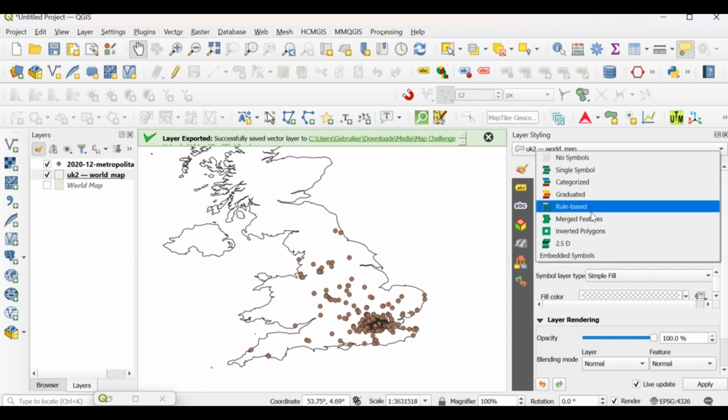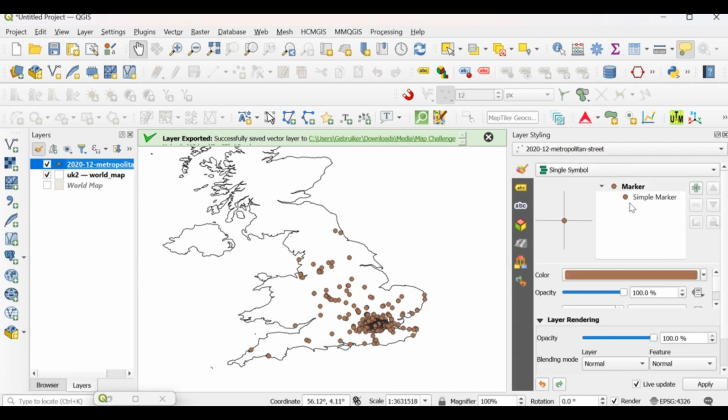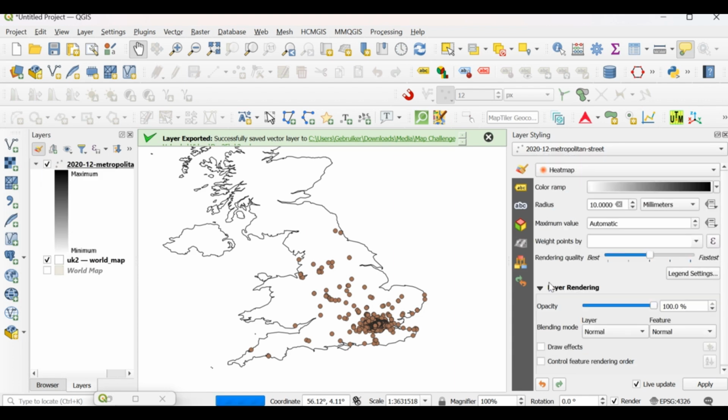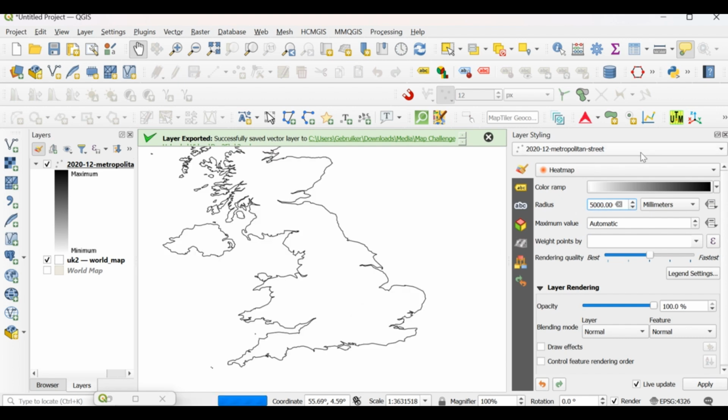So what I will do is, let's change it to a heat map. It will take a while, but while it is changing, you can also try to experiment with this a little bit.